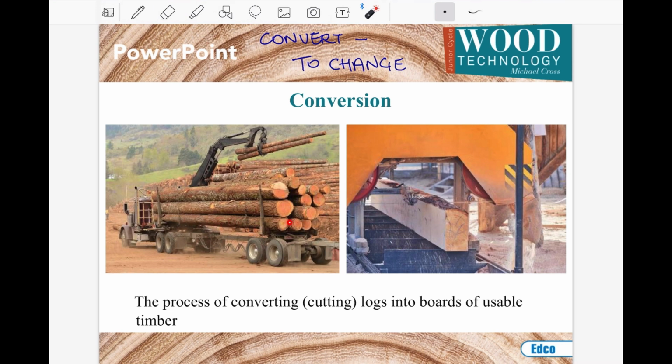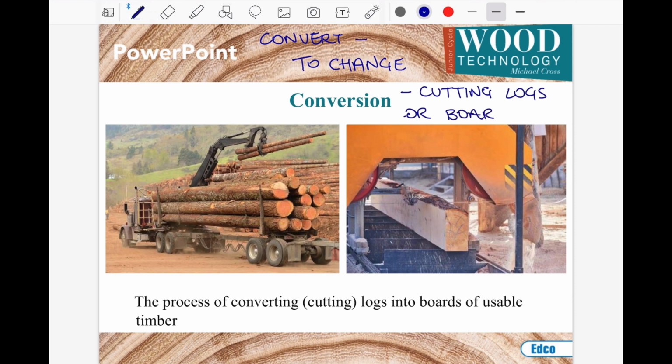So those logs are transported to a timber yard and a sawmill. And in the sawmill, they get converted. So converted means to cut. Okay, so change or cut. So conversion is cutting